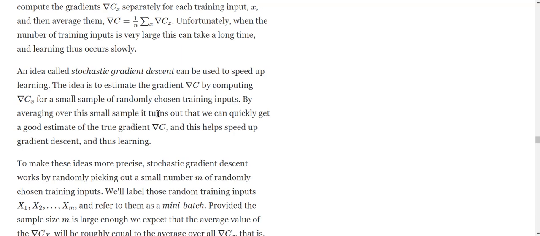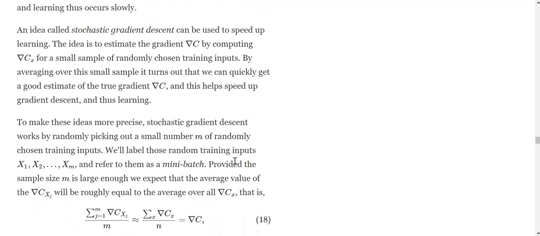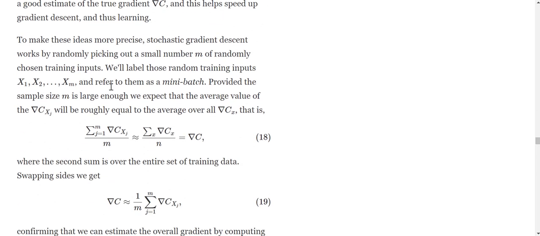So instead of computing all trillion gradients, you're going to sample a small portion of them and work your way up. And empirically, while working with this, it was observed that this helps speed things up, and the values are quite close to what the actual value would have been.